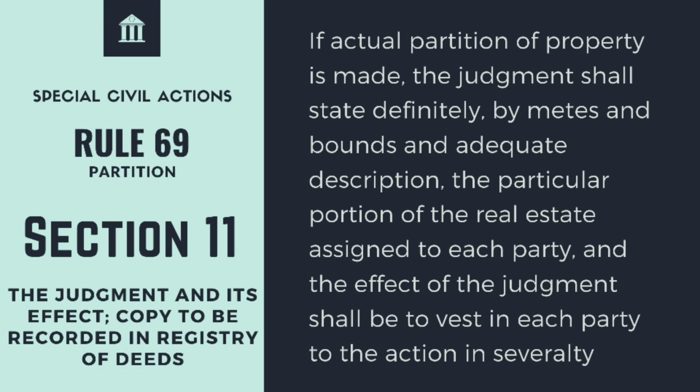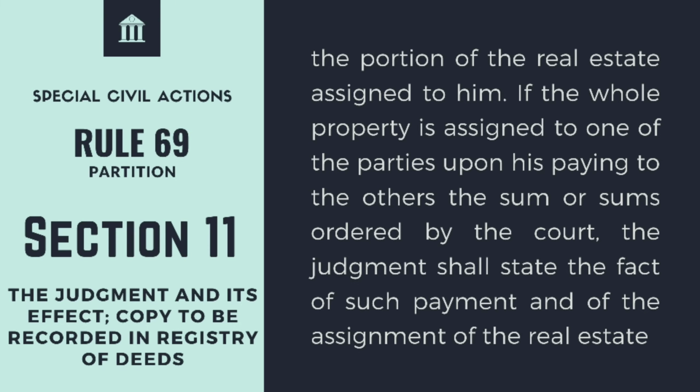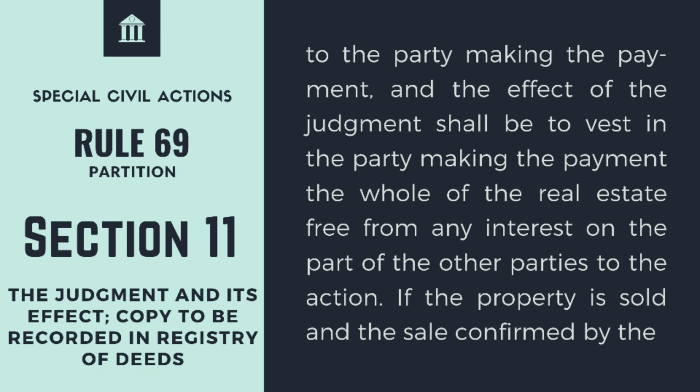If actual partition of property is made, the judgment shall state definitely, by metes and bounds and adequate description, the particular portion of the real estate assigned to each party, and the effect of the judgment shall be to vest in each party to the action, in severalty, the portion of the real estate assigned to him. If the whole property is assigned to one of the parties, upon his paying to the others the sum or sums ordered by the court, the judgment shall state the fact of such payment, and of the assignment of the real estate to the party making the payment, and the effect of the judgment shall be to vest in the party making the payment the whole of the real estate, free from any interest on the part of the other